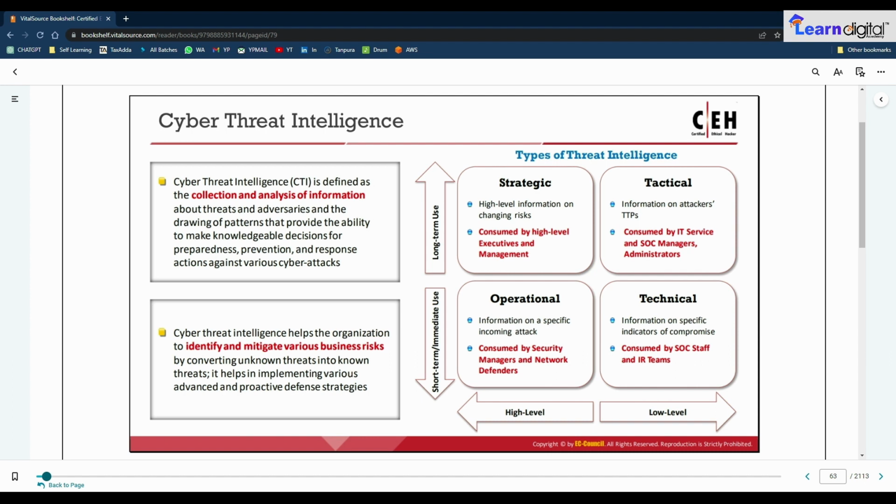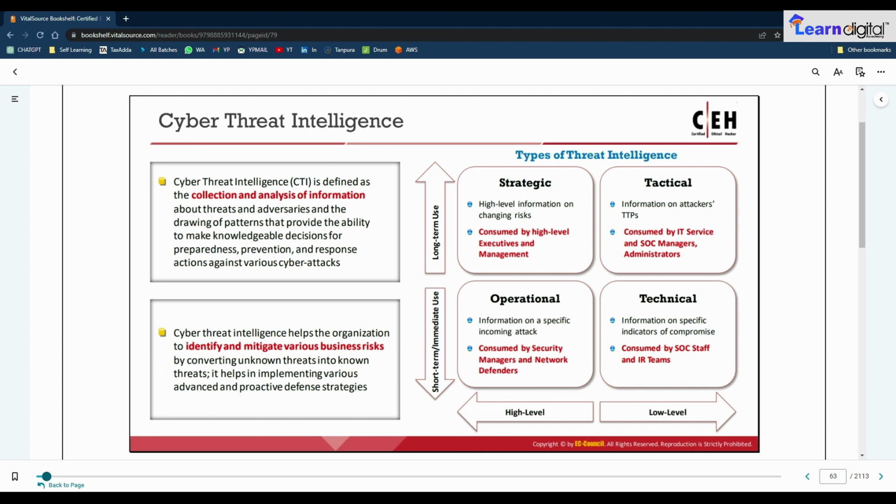So the impact of a threat is very great, and may affect the state of the physical IT assets in the organization. The existence of threats may be accidental or intentional, or due to the impact of some actions as well. So again, you can see that there are four types of threat intelligence,